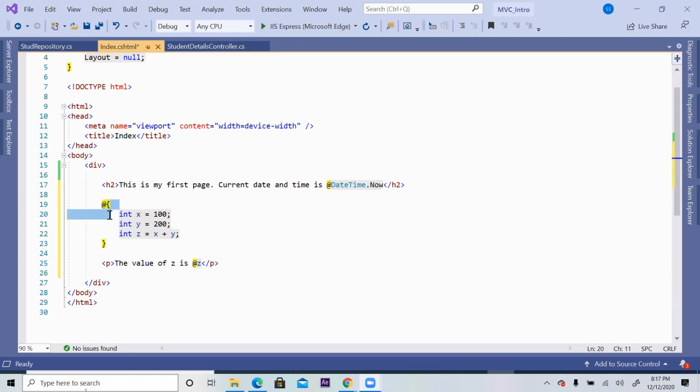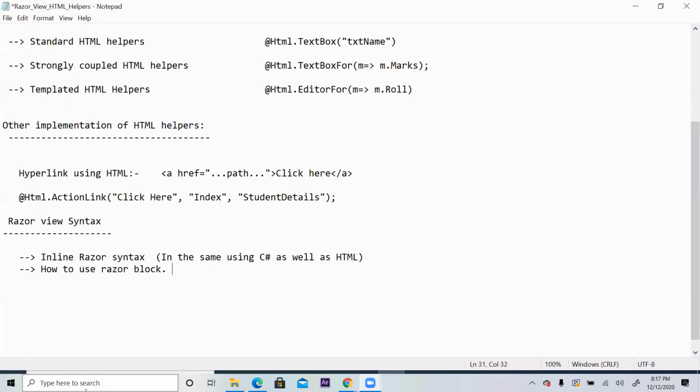So that is what the meaning is. Scope is not limited inside the block. Let me write that point. If any variable is declared, then the scope is not limited to the razor block, like other C# blocks, if block, loop block.